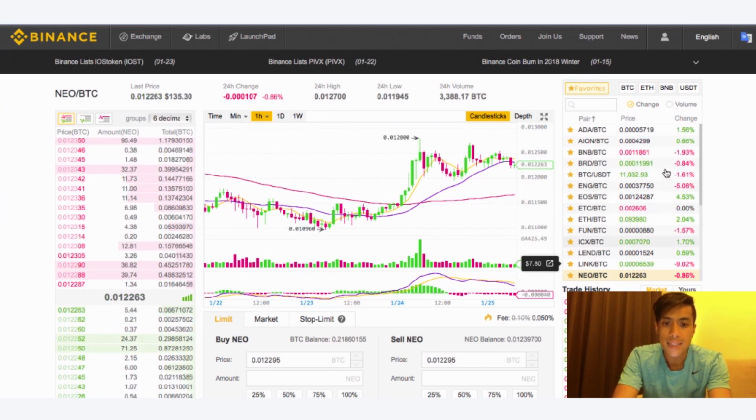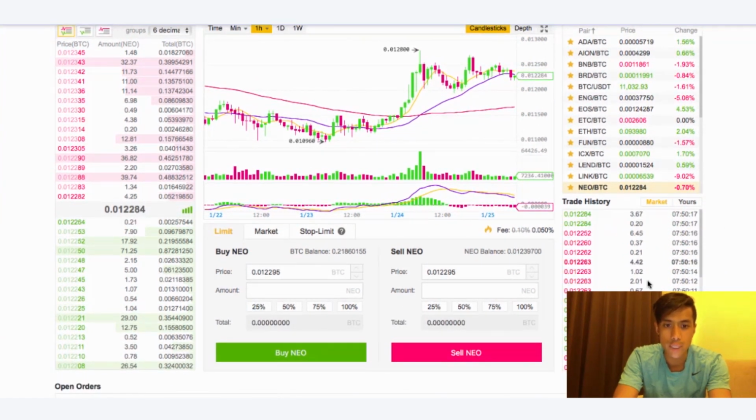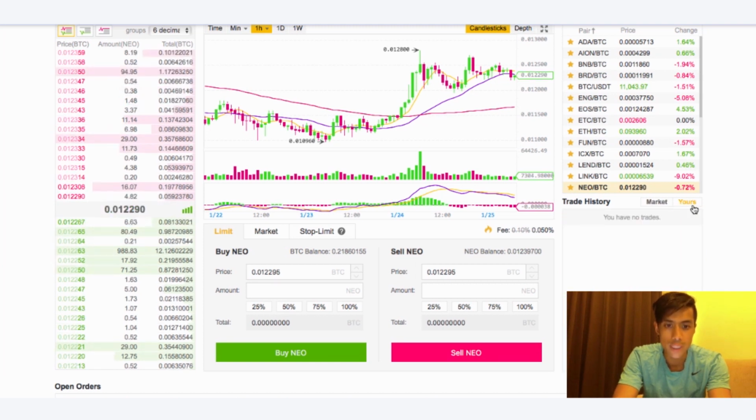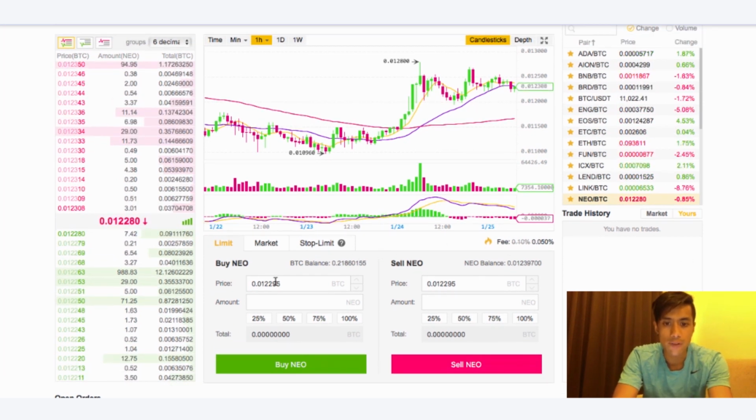In the upper right hand side, you'll see a list of the available markets, and below that is NEO's trade history, which shows all the buys and sells of NEO that have recently taken place. Clicking on yours filters out just your own NEO buys and sells in the last 24 hours. Now this section below the graph is the most important and is where you'll be doing all of your buying